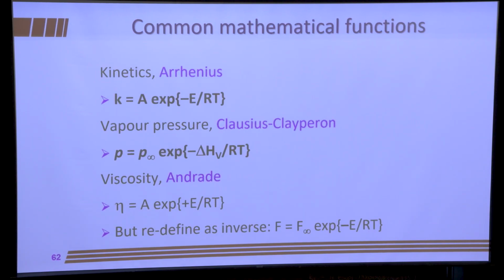Okay, and just to say then, I talked about Arrhenius. We have the rate constant is equal to A e to the minus EA over RT. But there are other ones. So for the vapor pressure, the Clausius-Clapeyron equation is very similar. You have P over P infinity is the exponent of minus the heat of vaporization all over RT. You have viscosity, which is the Andrade formula. You have